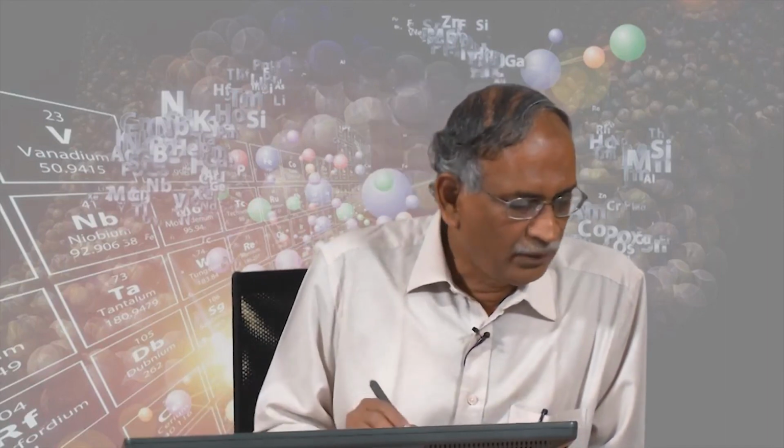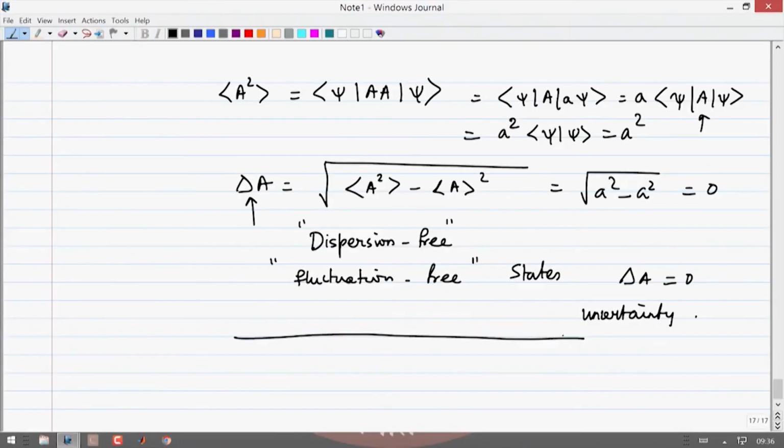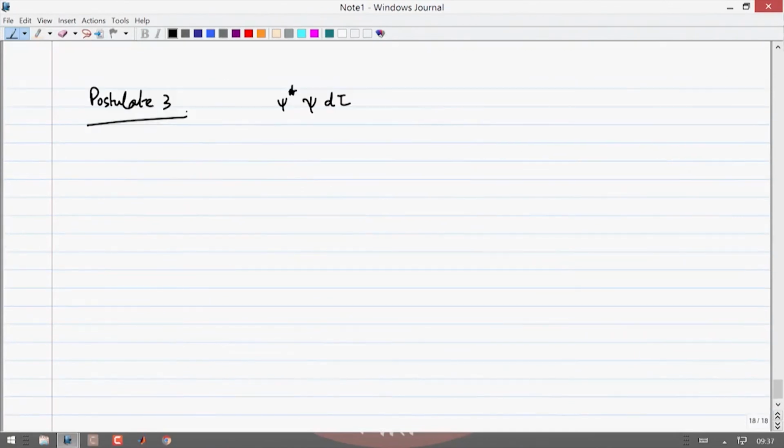Therefore, it is important that the uncertainty principle in general can be generalized to operators which do not have simultaneously the same eigenstates. We will see more of those things as we go along, but I have already introduced this idea that uncertainty can be generalized using what is known as the non-commutation between the two operators, and such relations are quite well known. Okay. But for the present discussion, these definitions and the introduction of the postulates is what you have to keep in mind.